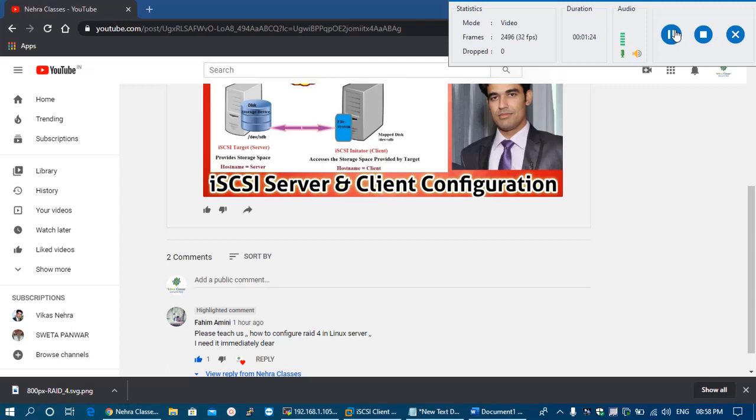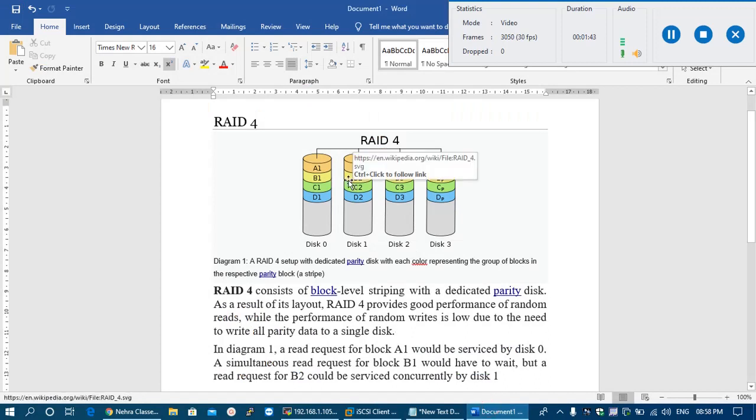Since RAID 4 is not very common in use, in day-to-day life we generally do not prefer RAID 4 configuration. But before proceeding with the configuration of RAID 4, let's first understand how it works. So actually, this is the typical RAID 4 diagram, which consists of 4 disks.